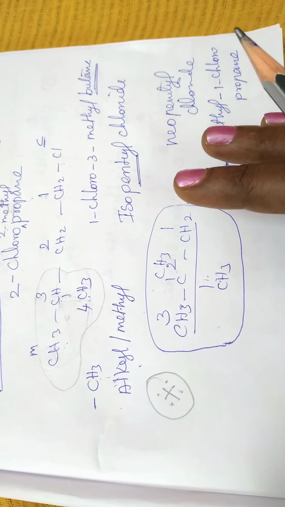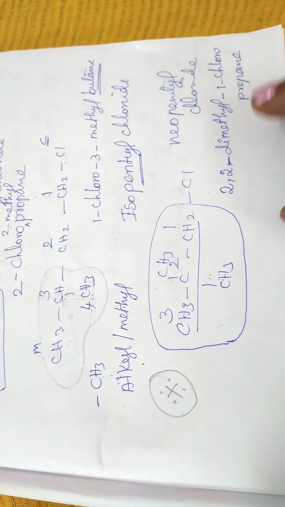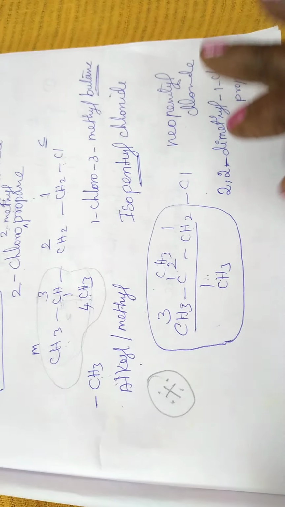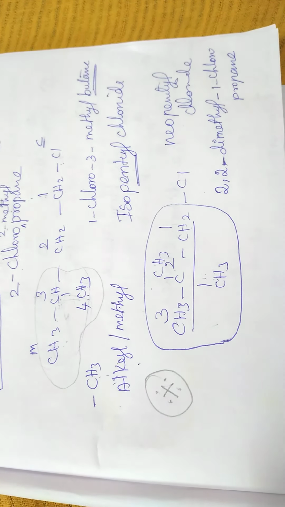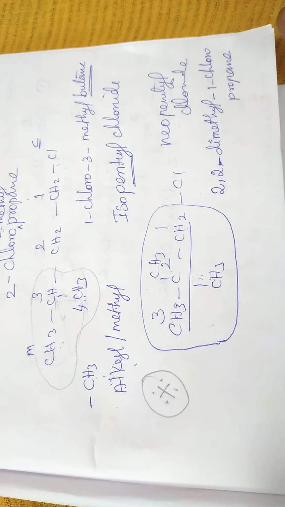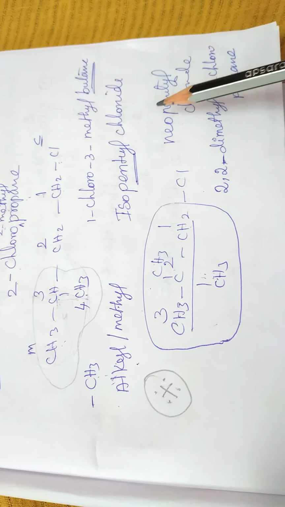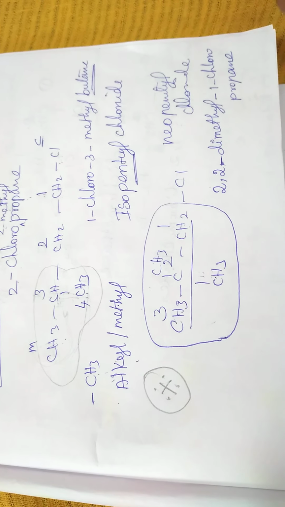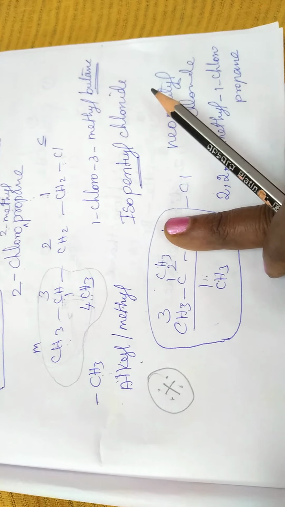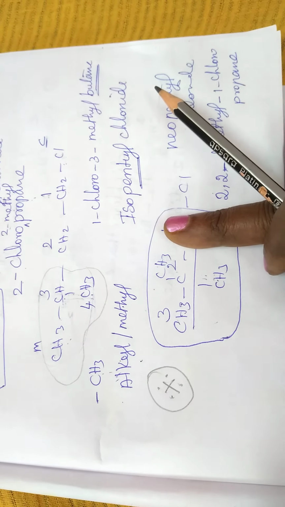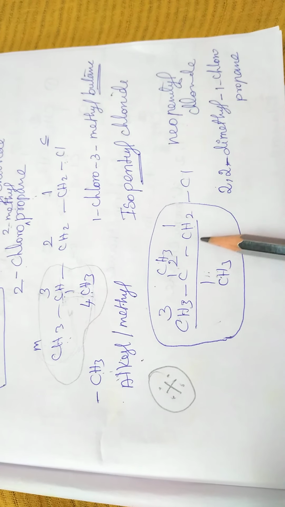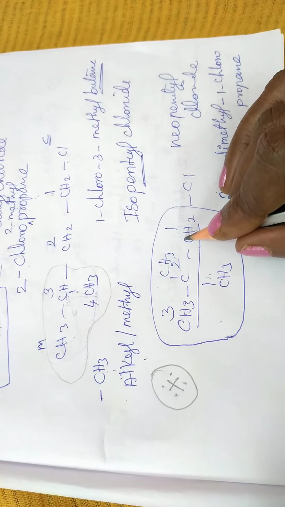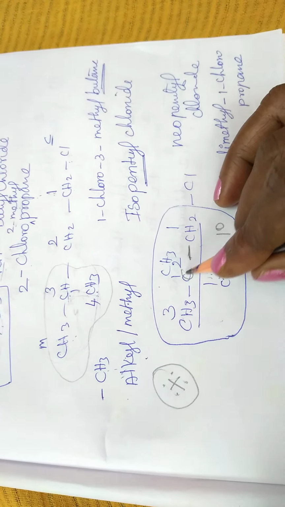So three things you should remember: one is iso, second is tertiary, third is neopentyl. These are all common names. IUPAC names we write by following the rules, but common names we can only get by learning them. So neopentyl means with the tertiary, remember one CH2 group should be added. Tertiary means chlorine is directly attached to the tertiary carbon. But here chlorine is attached to a single carbon, that is a primary carbon. How do we say it's primary? This is the functional group carbon directly attached to only one carbon.